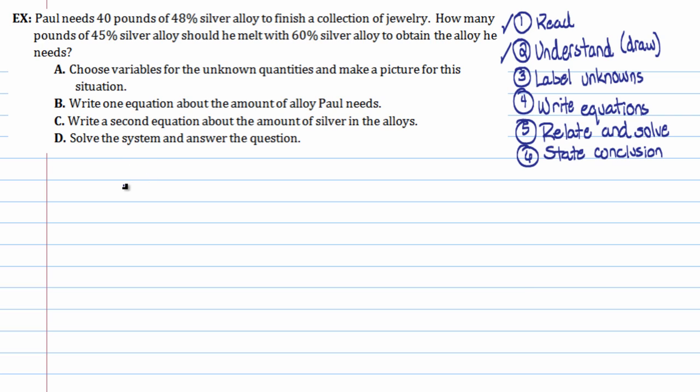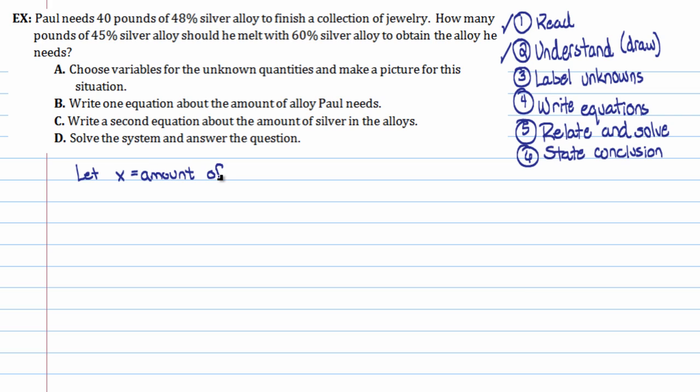So what I'm going to do is first label my unknowns, and then draw a picture. So let's let, and that's a very important word when you label unknowns. Let x equal, let's see, what we need to know. How many pounds of 45% should he melt with a 60%? Okay, so there are actually two things we don't know here. We don't know how many pounds of 45% silver alloy he has, and I also don't know how many pounds of 60%. So let x equal the amount